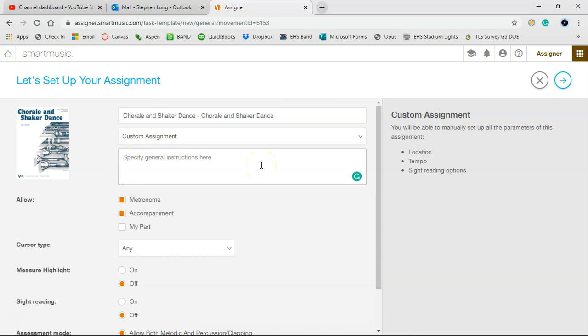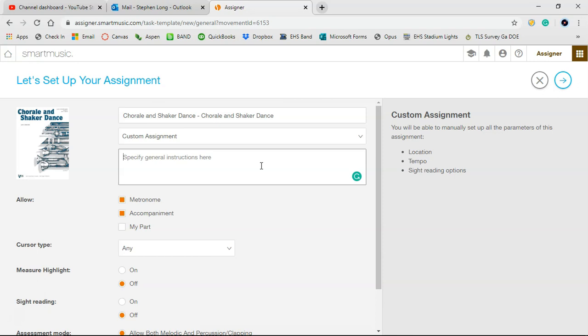This could be anything from please make sure that the My Part feature is turned off, because what I found with a couple students just on accident is they were struggling with a measure and I didn't hear them play, but SmartMusic gave them credit because they had My Part selected and their volume was turned up enough that the microphone heard the pre-recorded music and gave them credit for those notes that they did not play at all. So make sure that My Part is turned off and go give a listen to your students